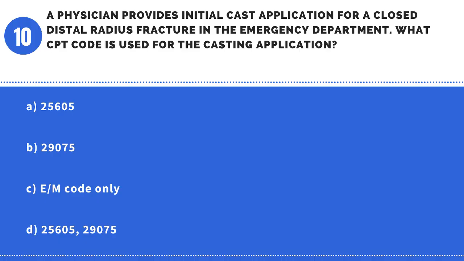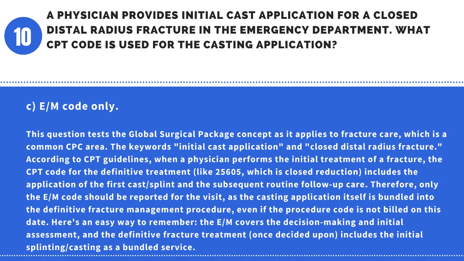25605, 29075. Answer: E/M code only. This question tests the global surgical package concept as it applies to fracture care, which is a common CPC area. The keywords are initial cast application and closed distal radius fracture. According to CPT guidelines, when a physician performs the initial treatment of a fracture, the CPT code for the definitive